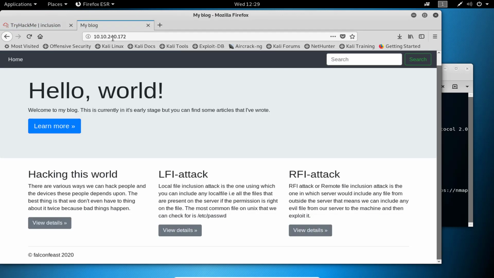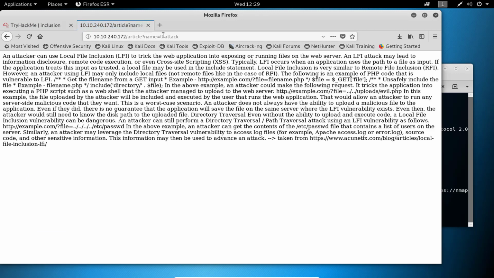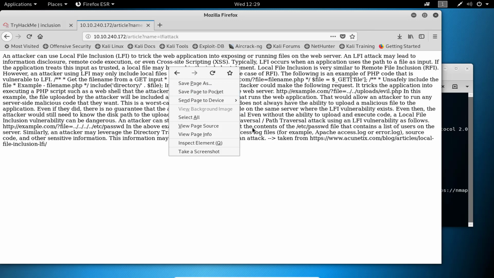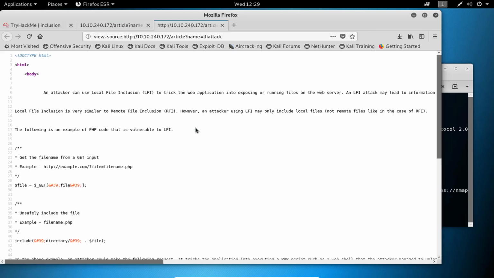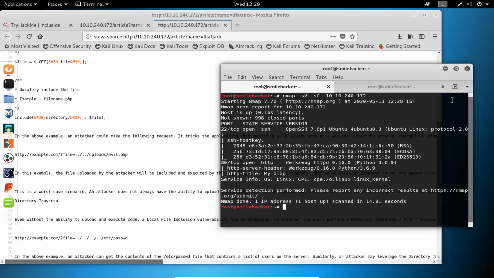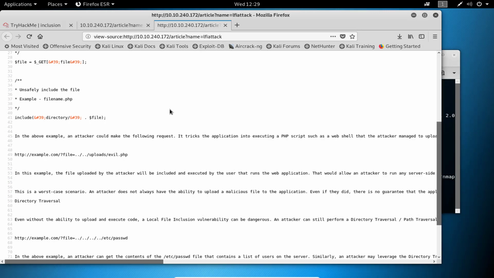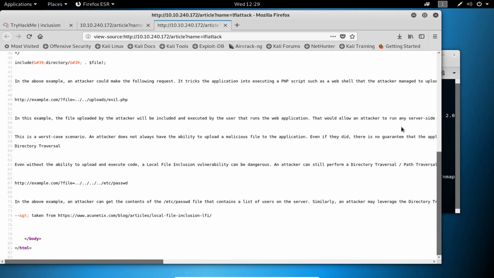So we are going to do a local file inclusion. First of all we have to view the source. Whenever you are trying to do any web attacks, you must analyze the source code. Here is an example of local file inclusion and here is the reference.